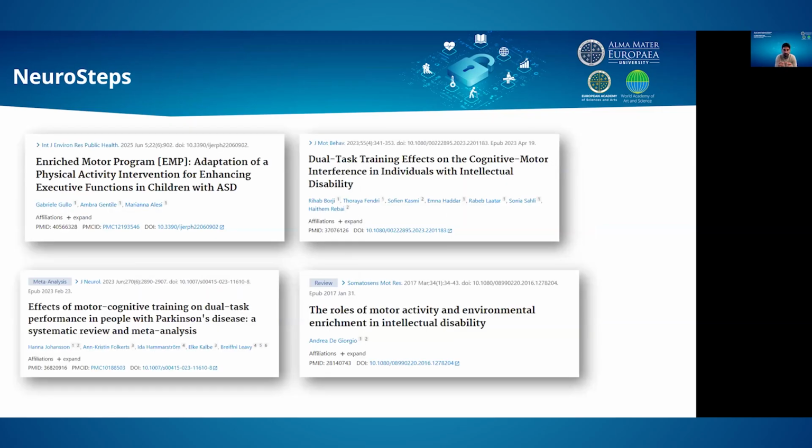On this slide, I included actually a few scientific publications that demonstrate the positive effects of motor cognitive activities and enriched environments for this population. So motor cognitive activities combine physical movement with cognitive tasks, as was already introduced. And the cognitive tasks could be like attention, memory, problem solving, inhibition. So this dual engagement, the motor and the cognitive task, stimulates different brain processes at the same time, and this can actually support both cognitive and motor development.